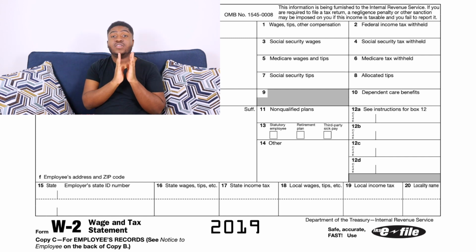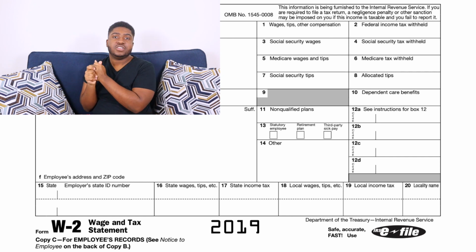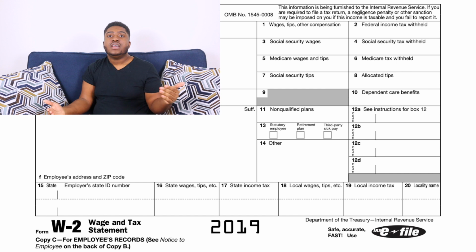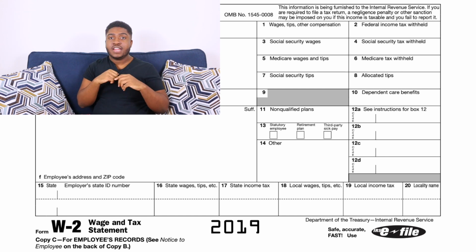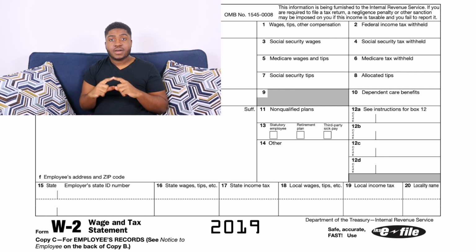Box 10 is dependent care benefits. So you won't have to guess how much you contributed towards dependent care, which is a flexible spending account, which was mentioned before. You're not going to have to guess because the amount that you've contributed for the year will be listed in this box. So this is a great way for you to double check your numbers and make sure that your box 1 wages are showing the correct figure, because you'll be able to see exactly how much you contributed in that calendar year towards dependent care